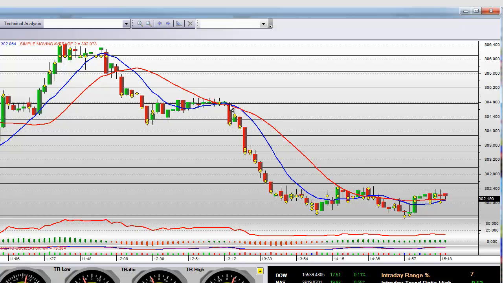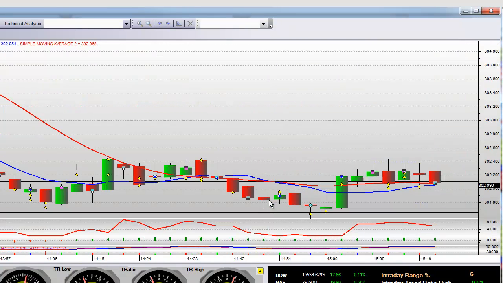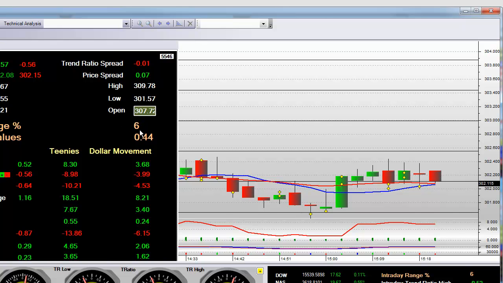teeny drop, but look at where the diamonds are and the half bars, and we continue to go lower until we're making this bottom now. This is the bottom. This is the second short of the day. Now going into the closing bell, we can clearly see how this bottom here, we had a 1 teeny move up, but it's still very narrow range. This bottom is very risky for one reason, because the IR is printing 0.56 going toward 0.64, so